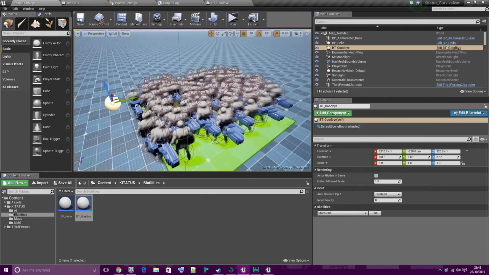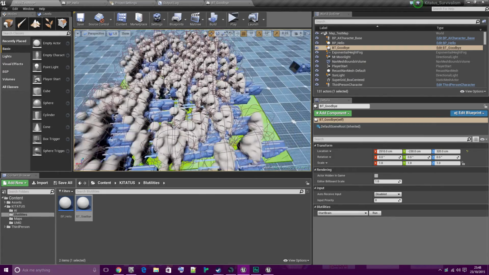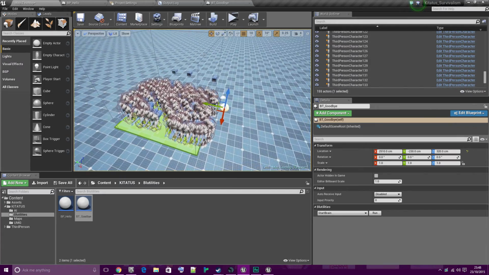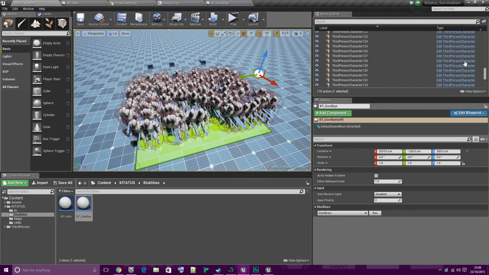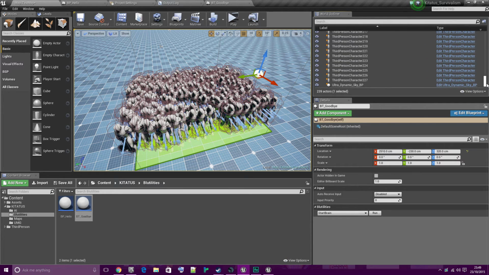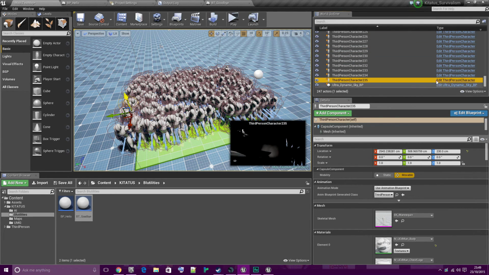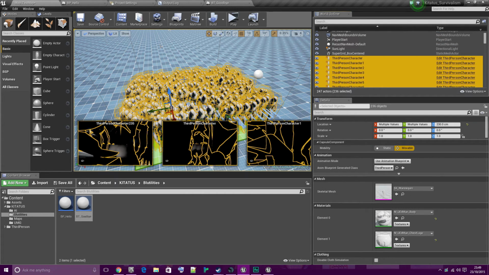But you can probably guess the uses here. I doubt you'll need, how many people have we got going now? I doubt you need 150 player characters in one space, but you know, you can extend this idea and then create some crazy good things with it. So yeah, basically that's all I wanted to show you. It's going to keep climbing, so I'm going to go ahead and stop it because I don't have a death wish. But yeah, be sure to experiment with Blutilities, come up with some crazy stuff.